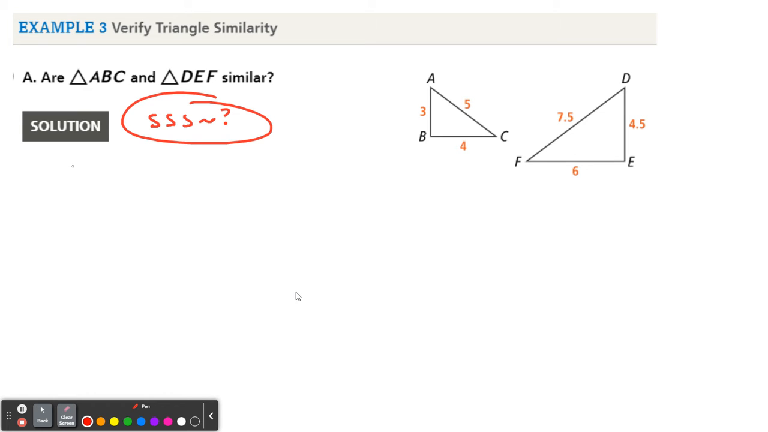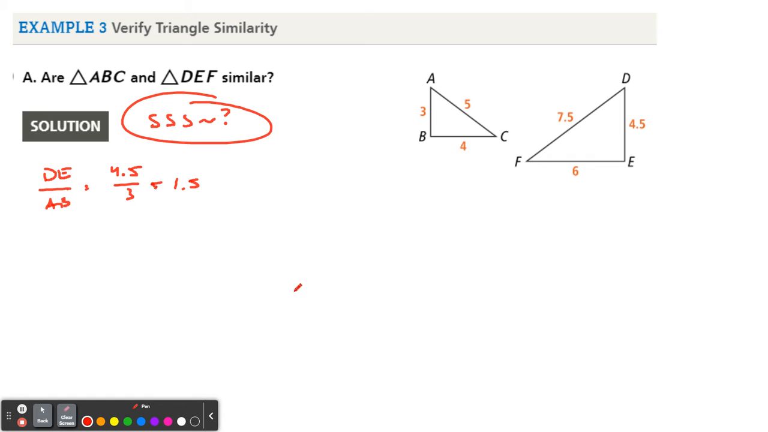Again, it doesn't matter what sides go on top, either triangle ABC's sides or triangle DEF's sides. It really doesn't. I'm going to put triangle DEF's sides on top. So this correspondence here would say, okay, DE over AB, right, just using the triangle names. DE is the smallest side, AB is the smallest side, so it'd be smart to compare the two smaller sides. 4.5 over 3. If you divide 4.5 by 3, you get a factor or a ratio of 1.5,